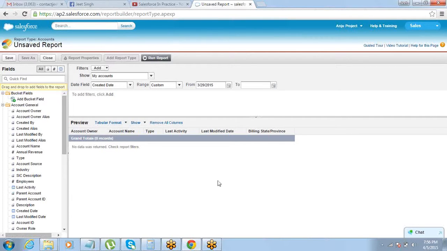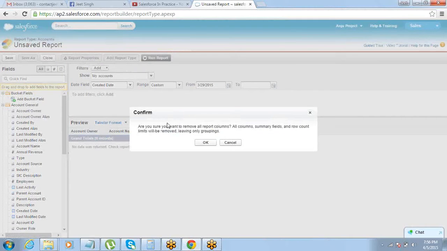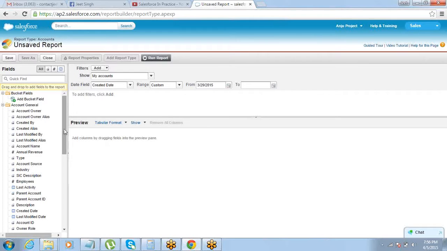So what you get here is the preview of the report. You get to see all the fields and the data here. The preview of the report is displayed here. Right now, if you see, there are 1, 2, 3, 4, 5, 6 fields here already. If you don't want these fields, remove them. Bring in the fields that you want.